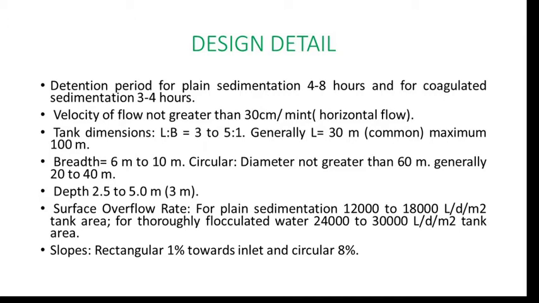So one end is the inlet and the other end is the outlet. Water is allowed to flow from the inlet, and we have to maintain the velocity of the water in such a way that the suspended solid impurities are allowed to settle down while the water passes through the tank. That is the continuous flow type tank. It is very easy in operation, and mostly this type of tank is used for the purification of water. So these two types of tank are basically used in the sedimentation process: the first is the fill and draw type tank, and the second is the continuous flow type tank.